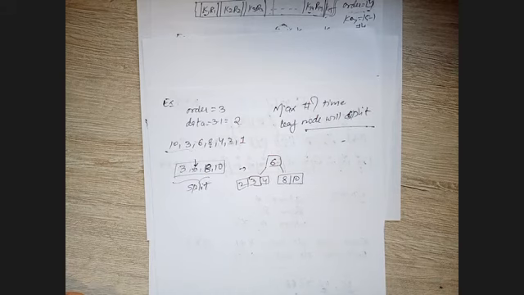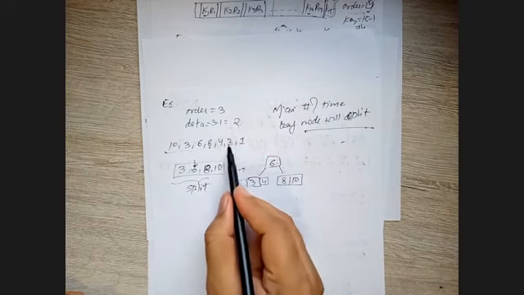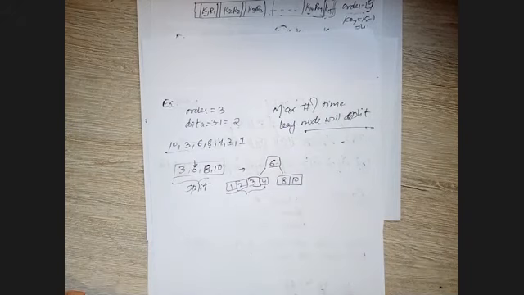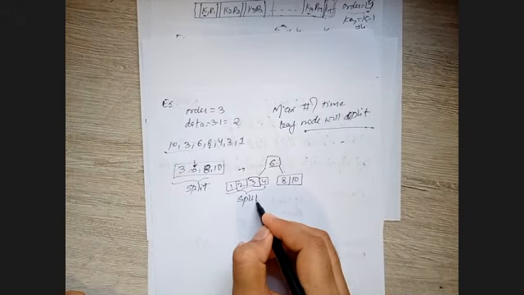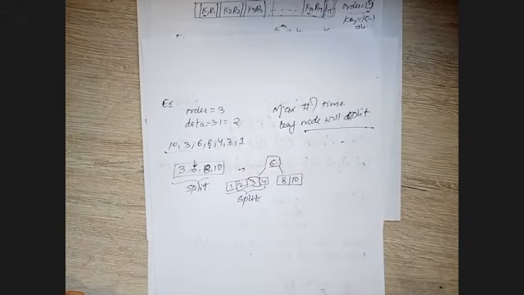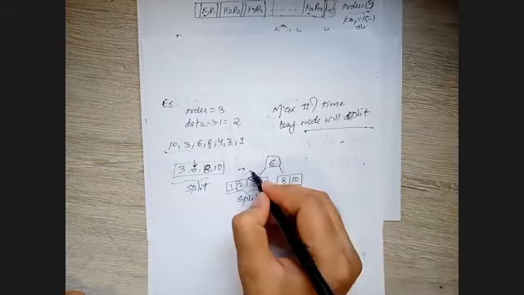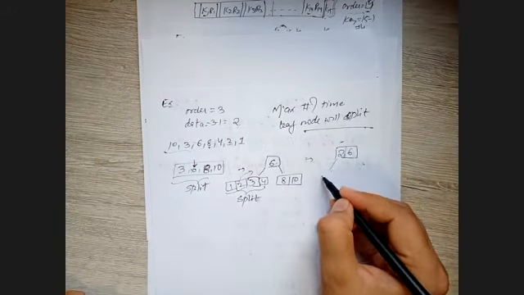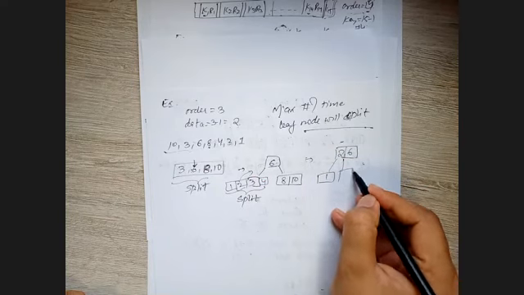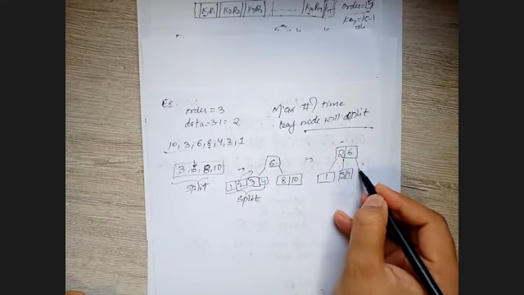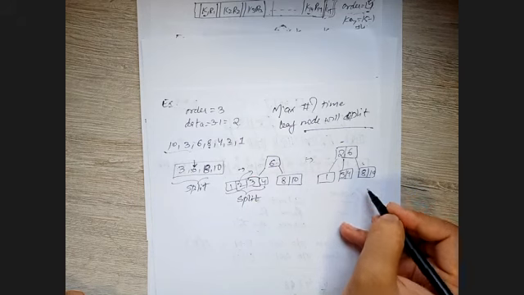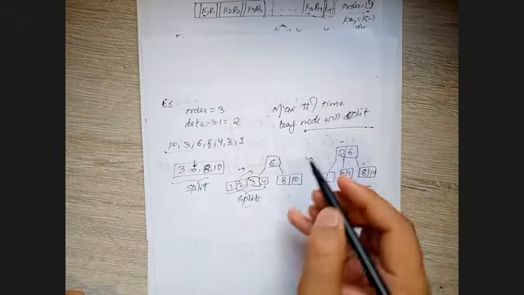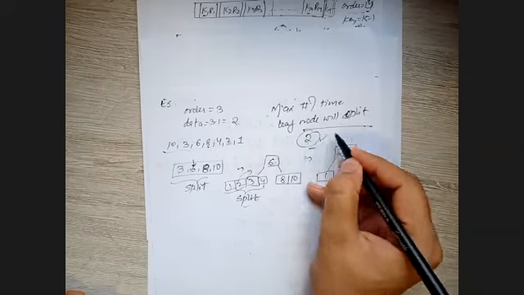Still there is no split. Now 1. 1 is less than this, so 1 will move here. Again, this is overflow, and we perform the split operation. When we split, let's say we move 2 upwards, we have 2, 6. When 2 moves upwards, we'll have 1 over here, 3 comma 4, and 8 comma 10. That is no overflow. So how many split operations have we performed? 2. So the answer is 2 here.